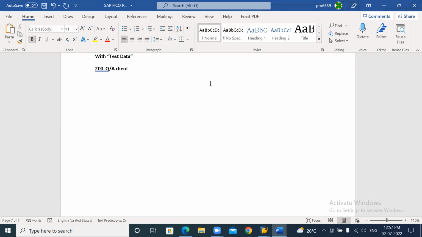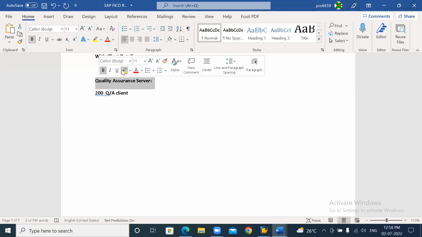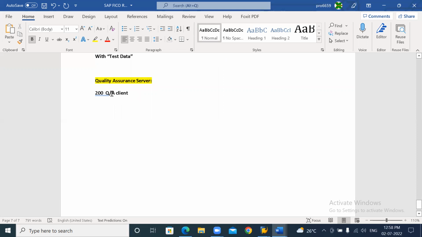Quality assurance client. So just write it down: quality assurance server. Same thing, whatever I wrote over there. Okay, so 200 client number, quality assurance client. Fine. So here it will be done, tested by